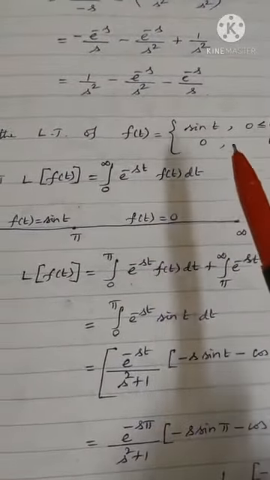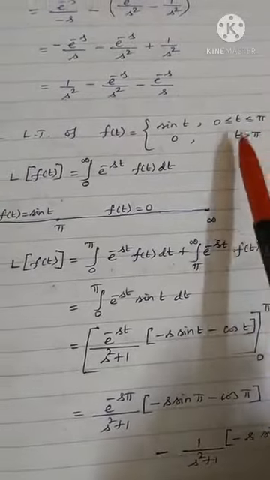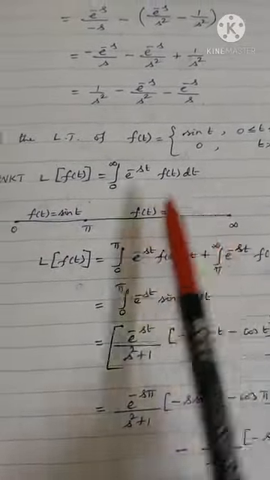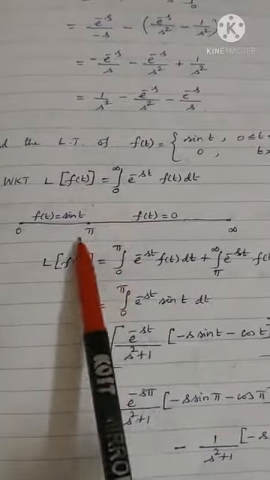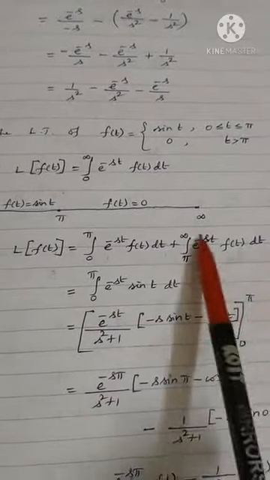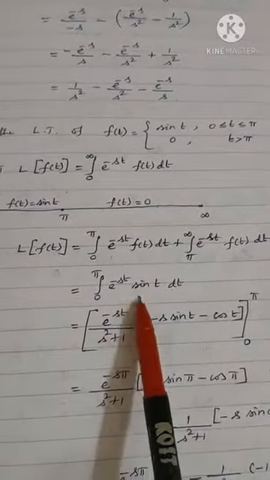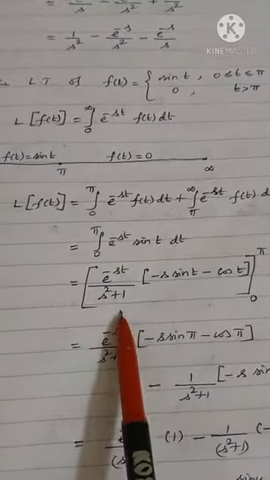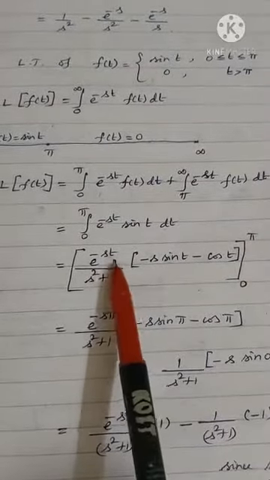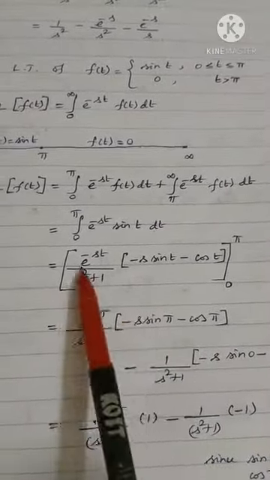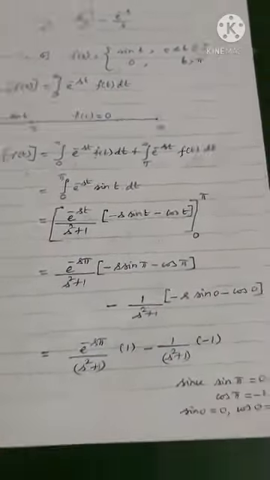And we have a similar model. See, f of t equals sin t when t is from 0 to pi, and 0 when t is greater than pi. So here we have to divide the interval into 2: 0 to pi, and pi to infinity. When t is from pi to infinity, f of t is 0. I have already given you the formula in the formula list, please go through it. Substitute the limits for t, e power minus s pi. Substitute the upper limit and lower limit for the entire term, simplify and just leave it.